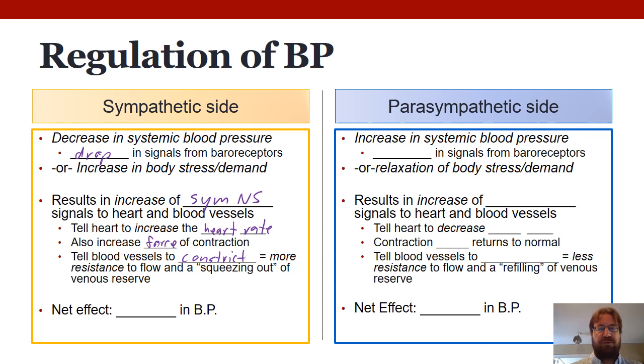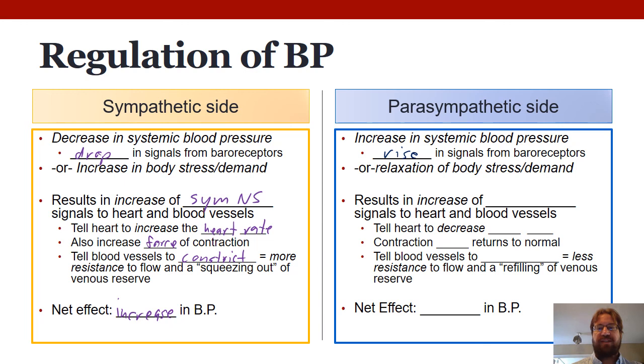But most of the organs, most of the blood vessels in the body, the cutaneous blood vessels, the blood vessels to the visceral organs, they're all going to constrict, and that's going to lead to an increase in blood pressure. Okay. On the other side, an increase in systemic blood pressure would lead to a rise in the signals from baroreceptors, or we could just have a relaxation of body stress